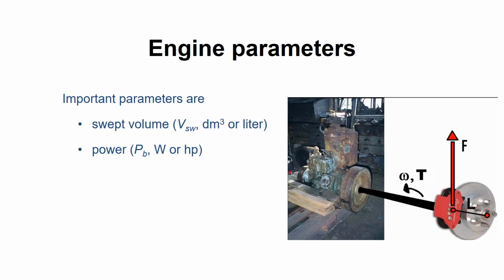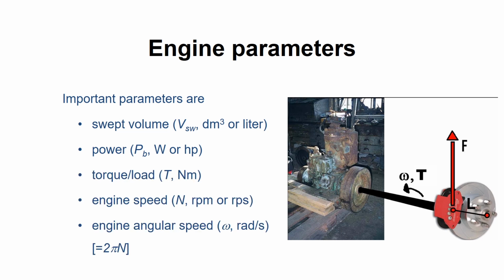As said earlier, swept volume and maximum power are often used to characterize the engine. However, there are other parameters that represent the design and the operating conditions. The most important ones are probably torque and speed. Speed is here how fast the crankshaft rotates and can be given both as revolutions per minute or per second,